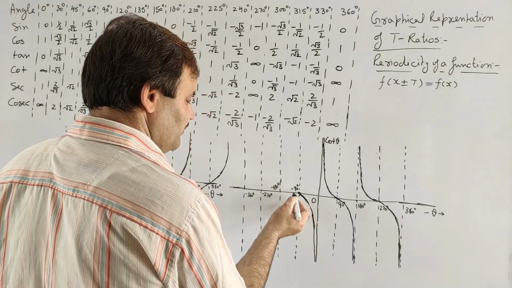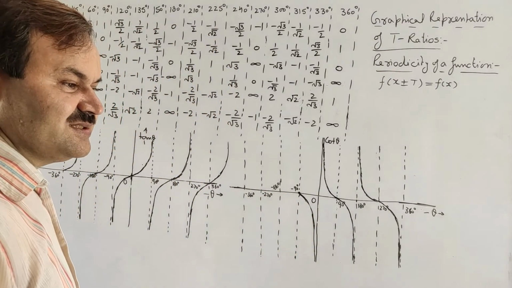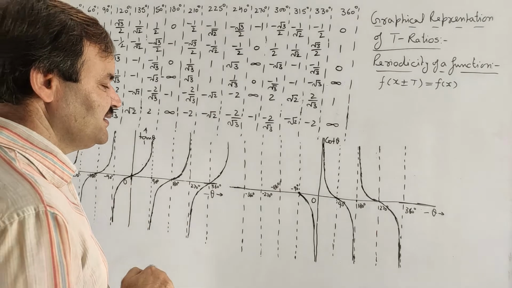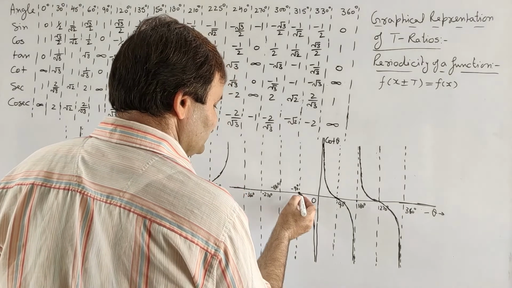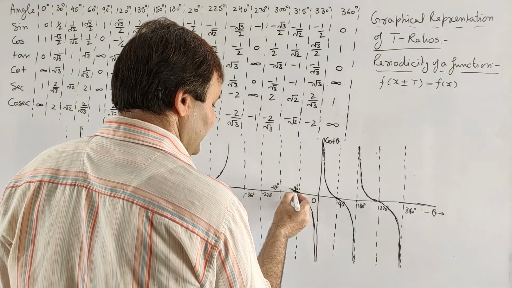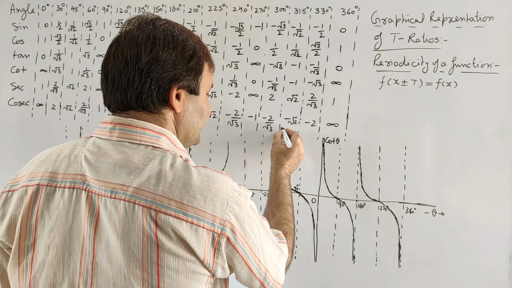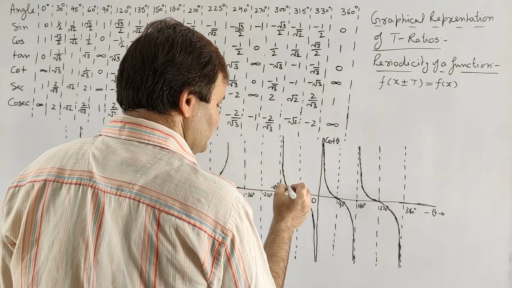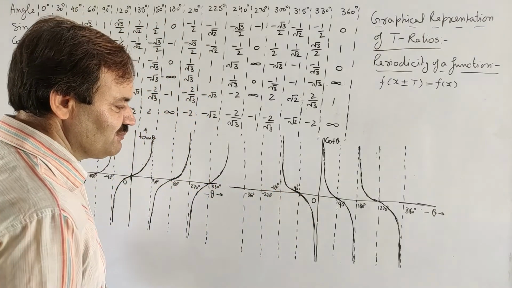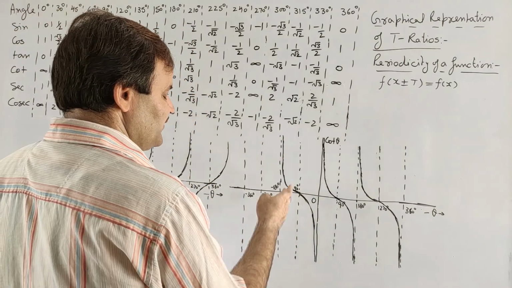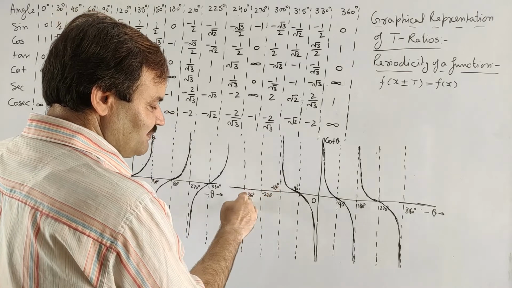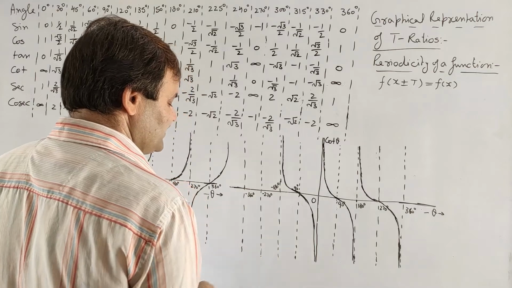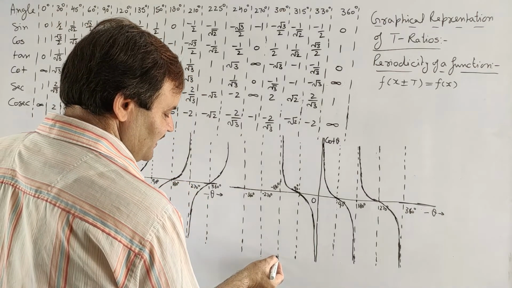Now from minus 90 to minus 180, that means the third quadrant, and in the third quadrant cot will be positive. So at minus 180 it will come to infinity, and just before minus 180 it will be positive infinity, and just after minus 180 degree it will come out to be negative infinity. And negative infinity means again the curve will start